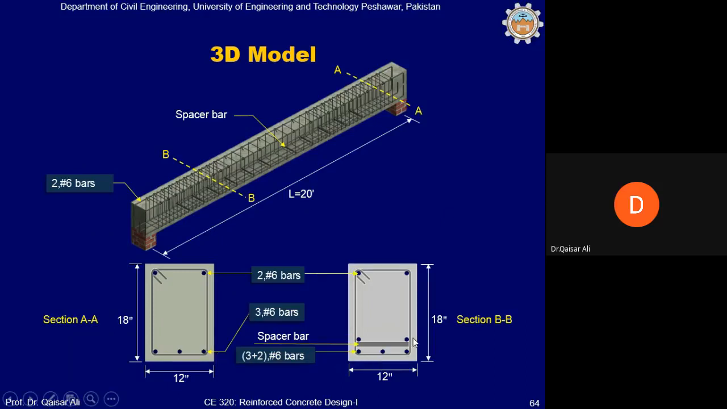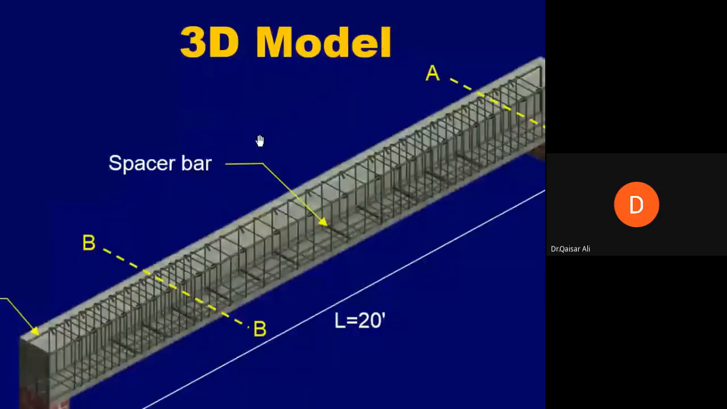These 3+2 bars have been placed. There is a spacer bar also shown here. This spacer bar will be required to provide support to the bars in the second layer, because in the first layer the support is the stirrup, but for the second layer, for the placement of reinforcement, you need a support. So this is provided in this manner. If I show you a close view of this, you can see these small bars. These are called spacer bars,